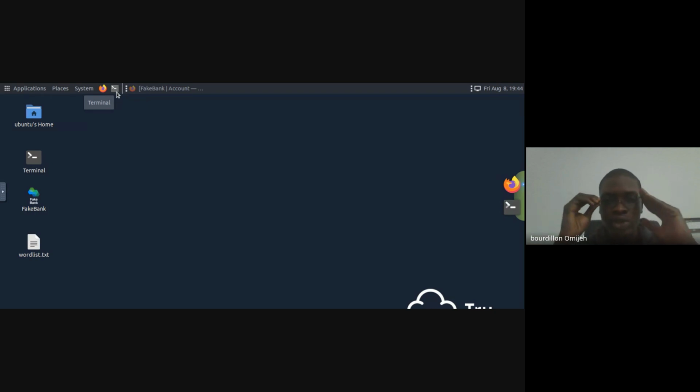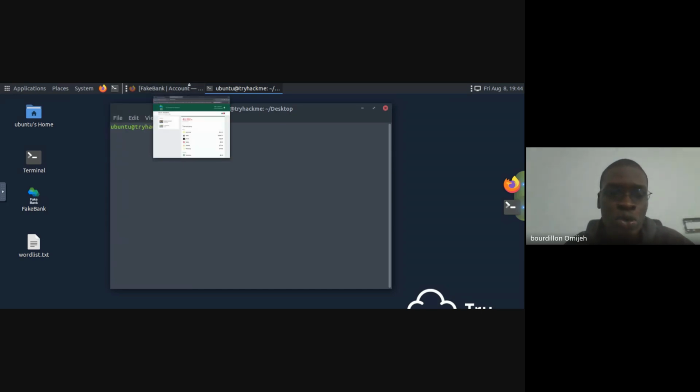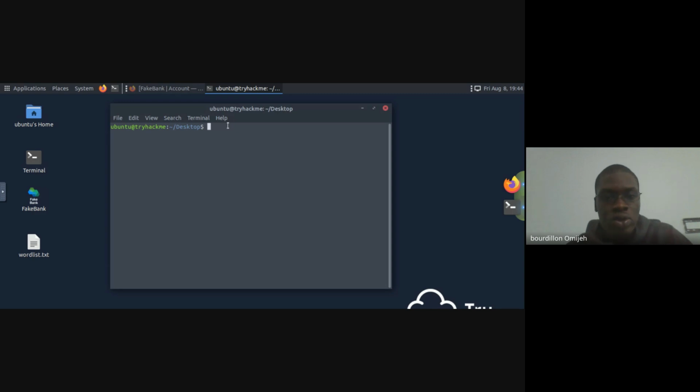In the last class, I showed you that your terminal is just another way of doing things on your computer, but using text. The reason why we use it is because it's faster. In the next class, I'll take more time to explain the terminal, and when we get there, there's a full class on command line. So just open up the terminal for now. Just do as I do. The more you do, the more you get familiar.